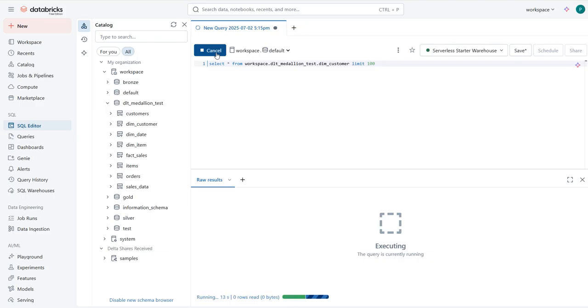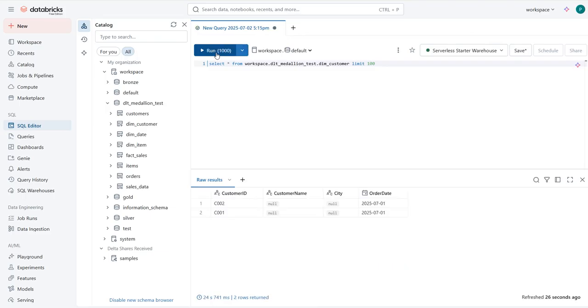Suppose I load dim customer, I can just query and check what is in my dim customer. So with these simple steps you can load the data in a Medallion architecture manner. One drawback we have here, we are